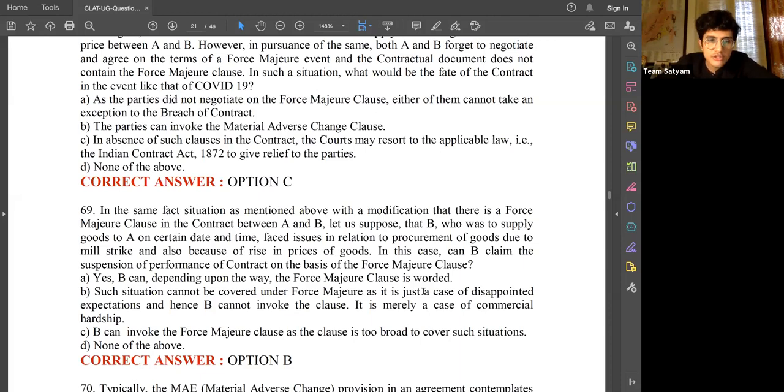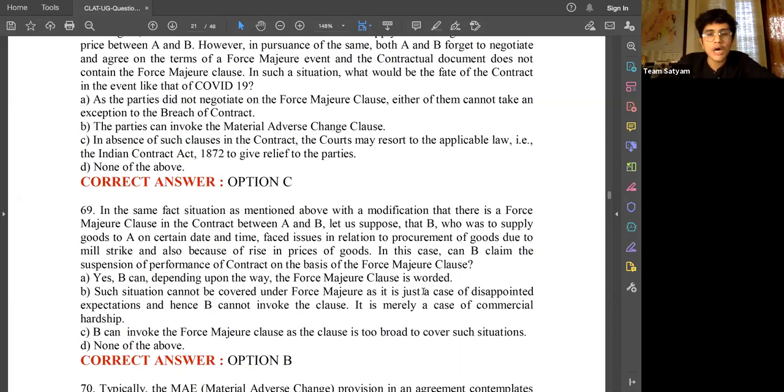Now, the assertion in option B, of course, is not something that can be exactly founded in the passage. However, option A is something that speaks to the nature of a force majeure clause, right? And what is stressed upon in the last few lines of the paragraph. So for that reason, we believe that for question number 69, the correct answer should not be B, and that this question should definitely be challenged, and the correctness of its answer should definitely be challenged.